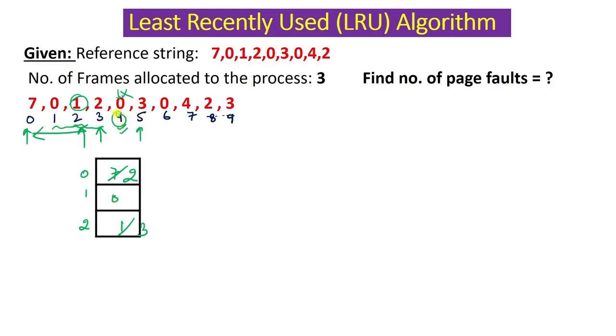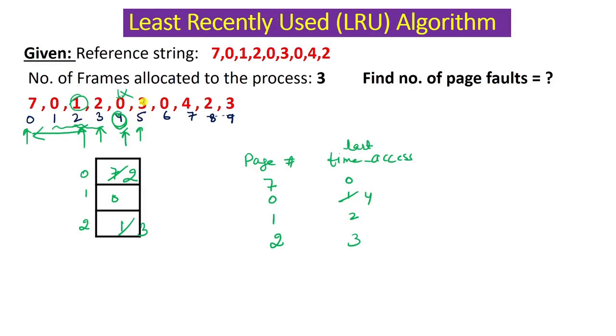So in LRU you have to update the time always. That means you can, let's say, create a map in which you have page numbers and the last time of access. So page number 7, then 0 was accessed, then 1. It was accessed 0, 1, 2. Then 2 was accessed at 3. As soon as we encounter a new page, or a previously encountered page, we will update its last time of access. Now when 0 was accessed, its time will be updated to 4.